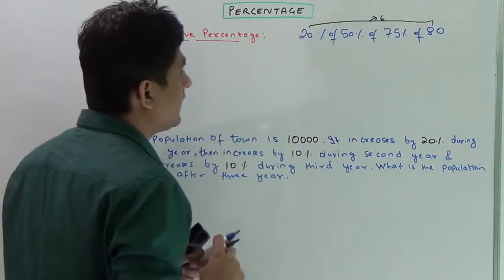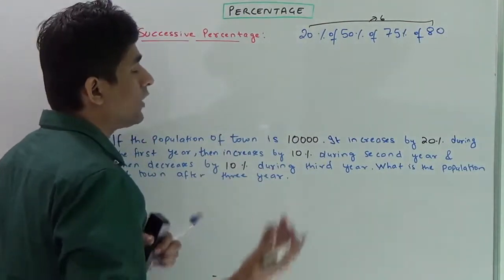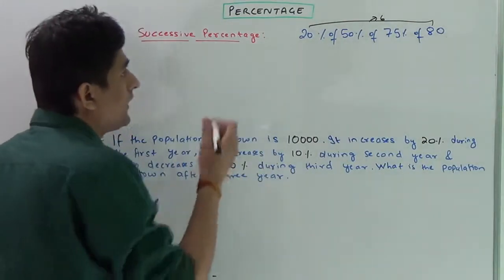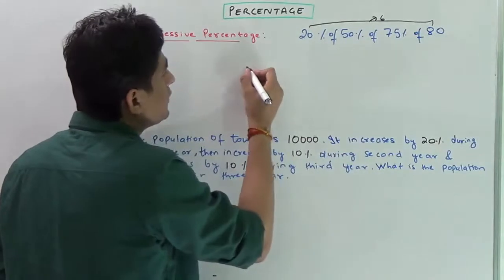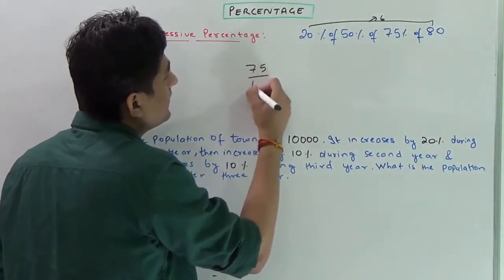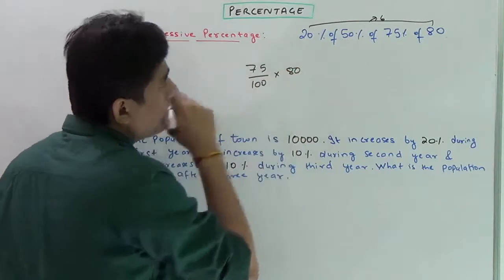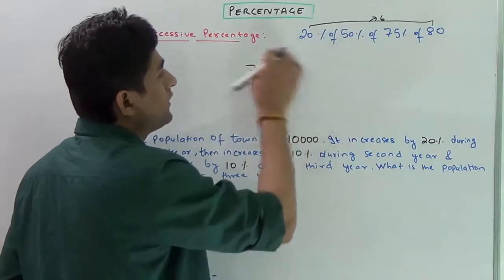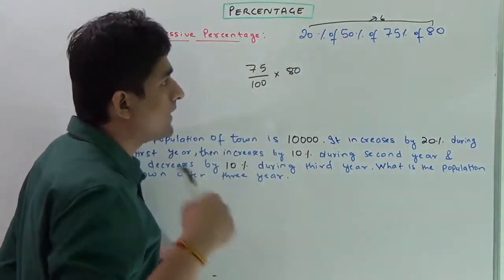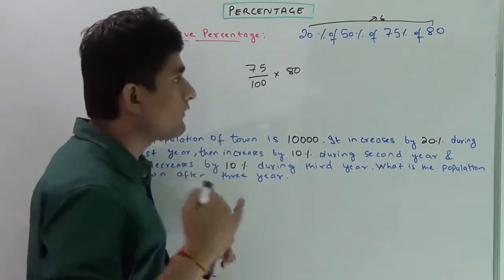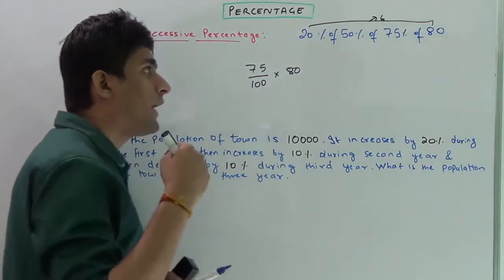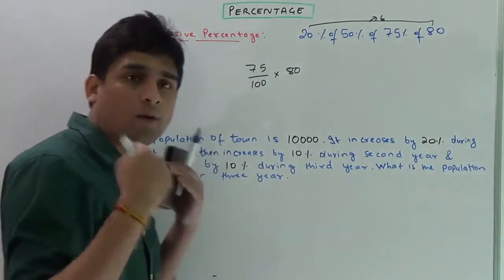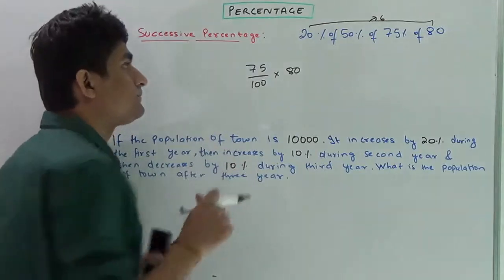This part was for the basics, and now those who want to excel in competitive exams should follow this method, and they should try to learn what I am doing. Okay, first we have to calculate 75% of 80. That means I'll write something like this. Now I'll get some resultant. I'm not calculating the value of this whole expression. And one thing I would like to recommend in all the chapters and for the competitive examinations: never try to calculate fractions unless and until it becomes very necessary to solve questions. Never solve fractions. Mind it.